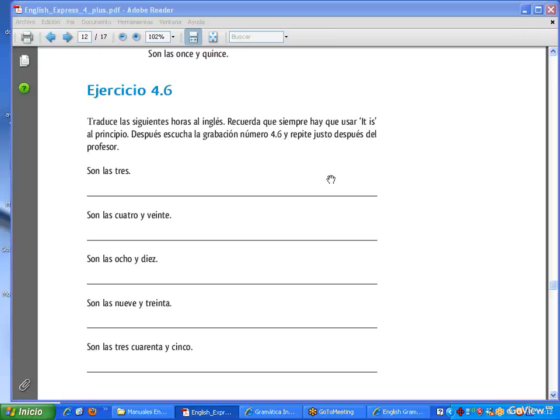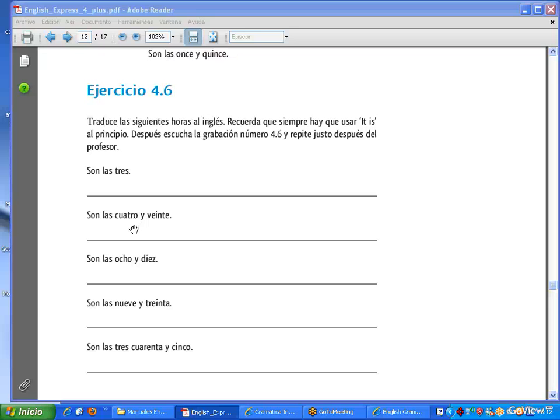Hay otras formas también. Okay, we can also say it is 20 past 4. But let's keep it simple. We can say it's 4:20. Okay, it's 8:10. Or you could say 10 past 8, but it's 8:10. Okay, when we say "y 30", in English you can say it's 9:30. It is 9:30. You can also say